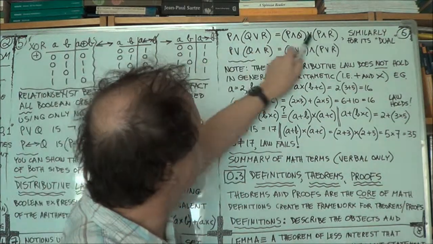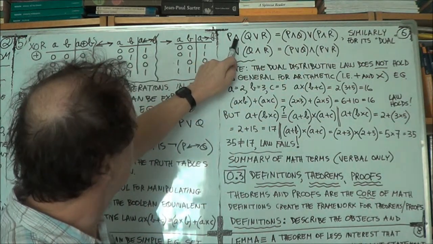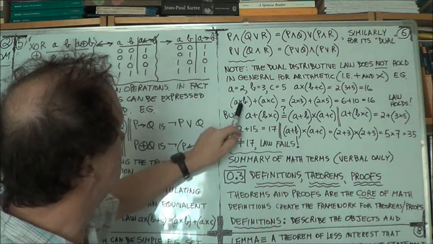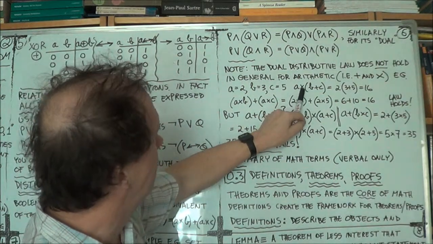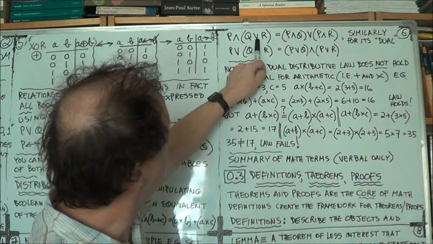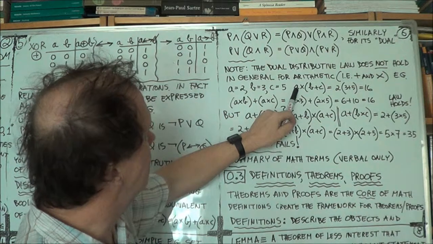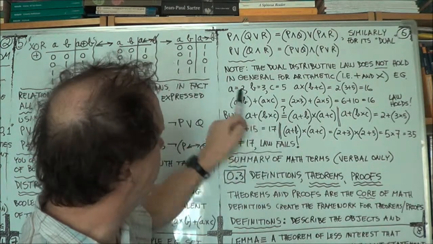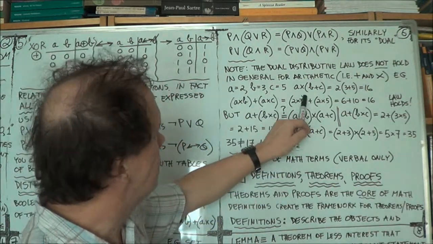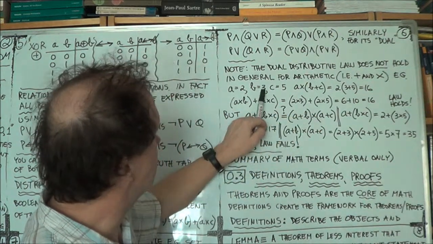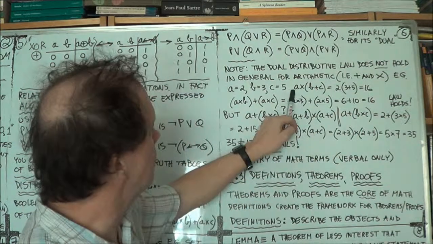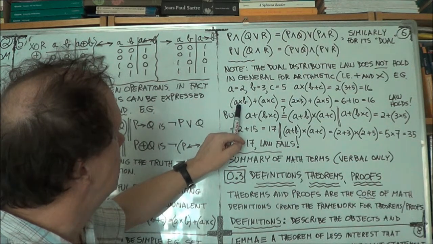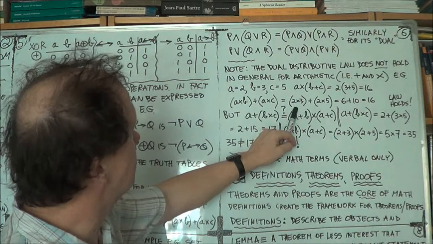Alright, so let's do this one, and what's the correspondence? The and corresponds to the times, and the or corresponds to the plus. Okay, so A times (B plus C) should equal this. So let's show that that equals that for these numbers. So A is 2, B plus C is 3 plus 5, so that's 8, 16. Okay, so that's 16. And in this case, A times B, so that's 6, plus